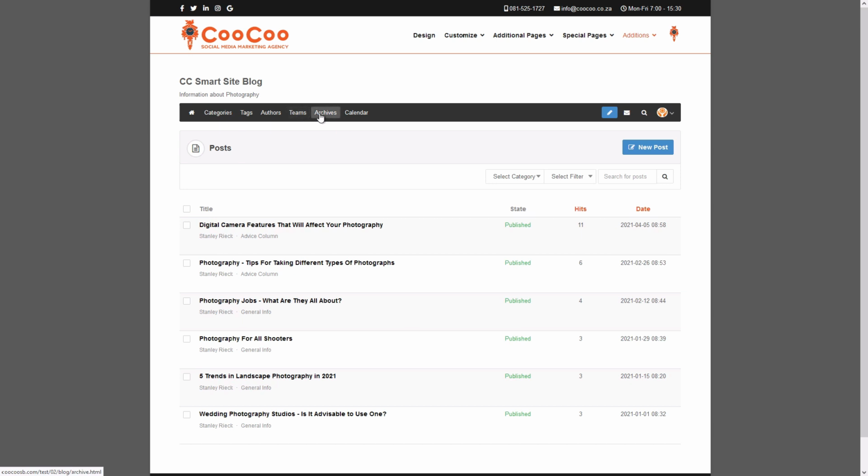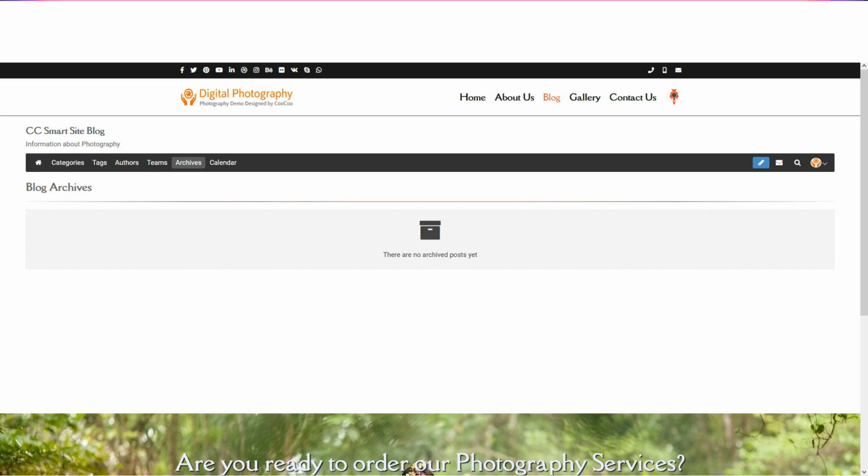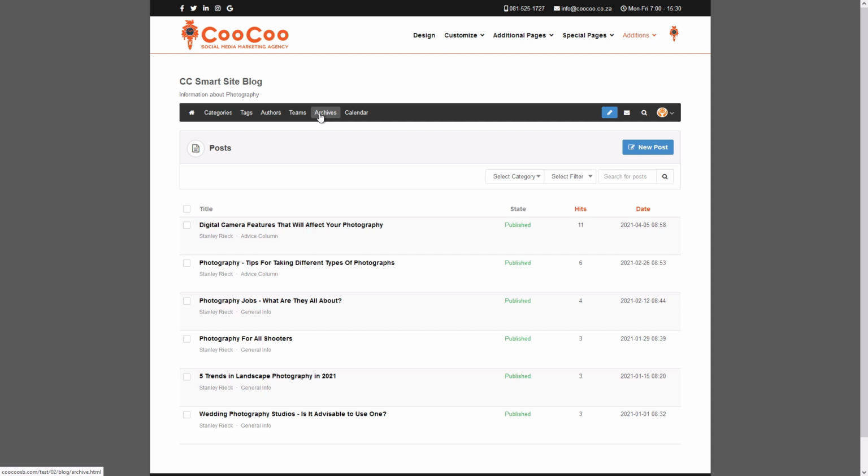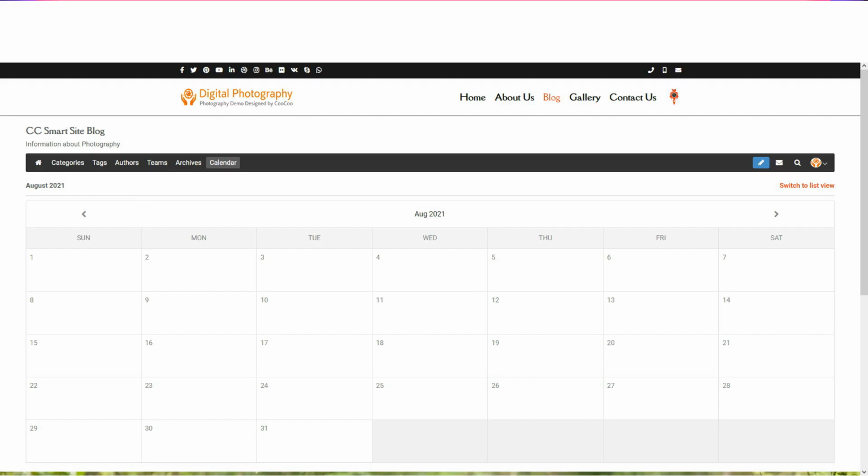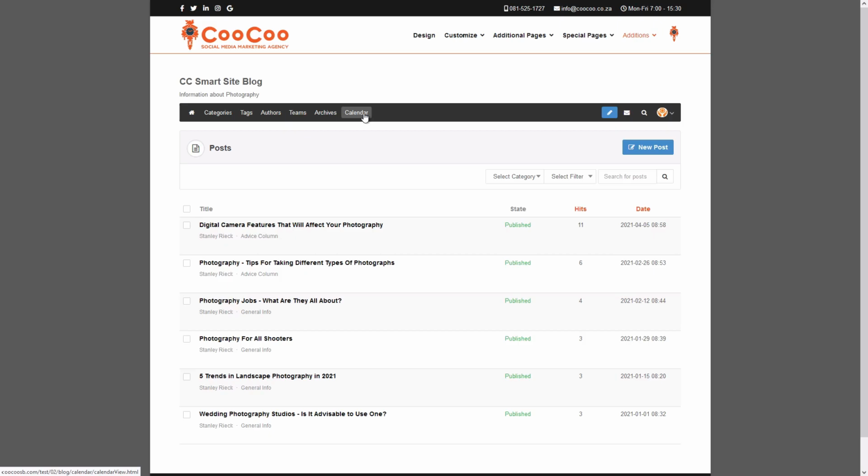The next menu button is Archives, which will display archived posts. If you want to archive a post, you can set your posts to archived when managing blog posts. And then you will see your calendar. You can see when posts were added, and also if you've got any posts pre-planned, this is where you would manage them, but for this tutorial, we don't have any posts scheduled. In all of the pages we've gone through, you may have noticed at the top right, there is a button that says Start Creating New Blog Post. We will cover that in the next tutorial.